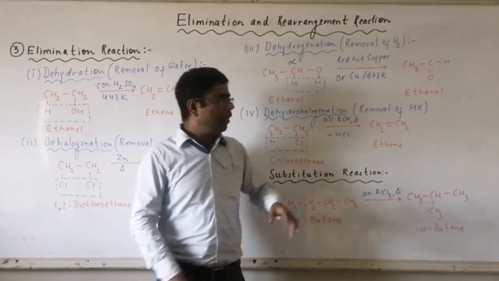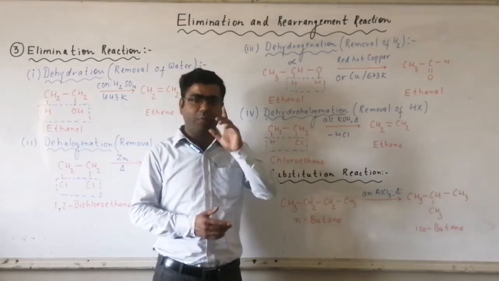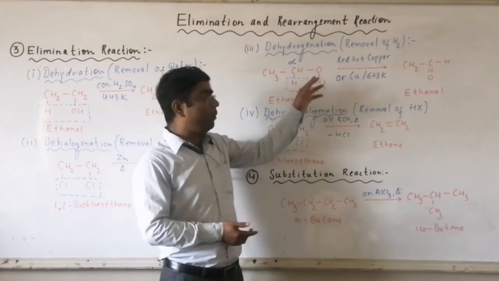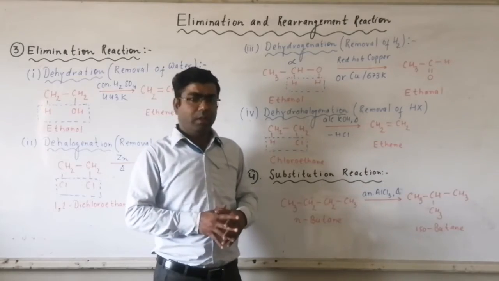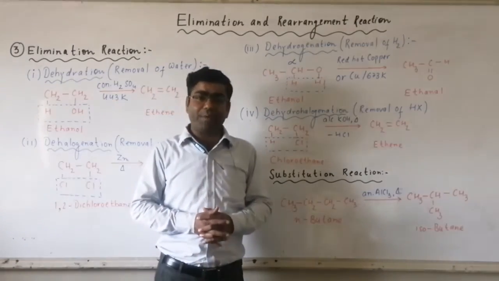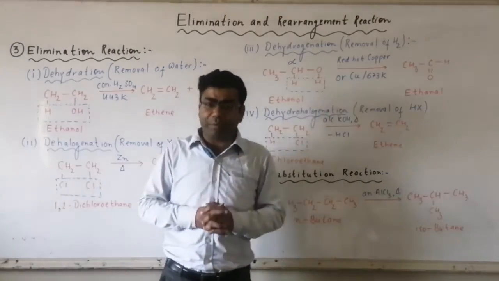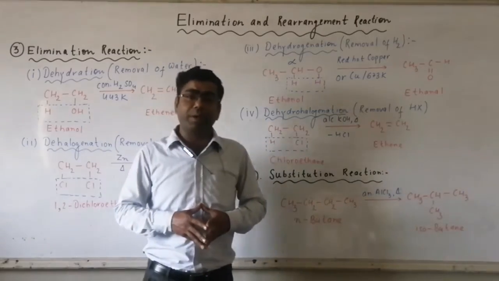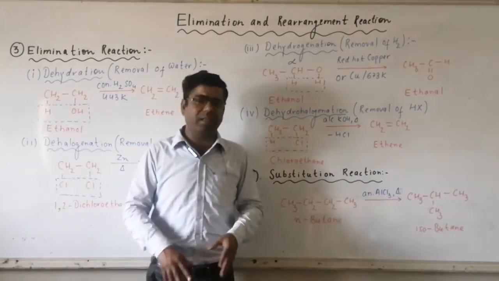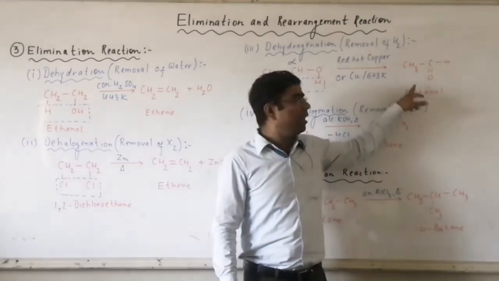Now what will happen? Removal of H from oxygen creates a bond deficiency of 1. So this oxygen atom is now one bond deficient when H is removed. This carbon is also one bond deficient because one H is removed. So carbon and oxygen both are one bond deficient. To satisfy their bond deficiency, there will be a formation of a new bond between carbon and oxygen, as a result of which ethanol will be converted to ethanal.